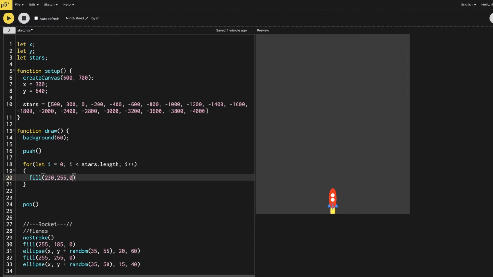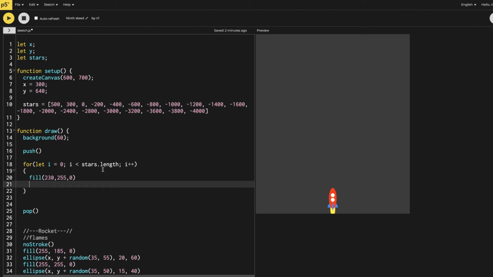Then I will be making the stars with the ellipse function, and I will give the x value as hardcoded ones, and I will give the y values as the array ones. So the for loop will iterate through it,